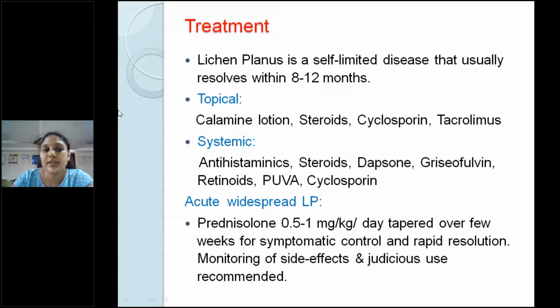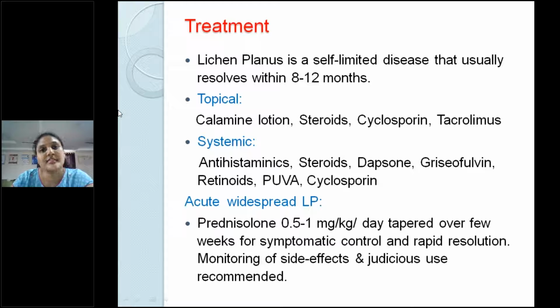And coming to the topical treatment. What can you do topically? One is calamine lotion, which can be very soothing, and topical steroids for the lesions. And topical tacrolimus is also a good option, especially in kids. In childhood lichen planus, tacrolimus is a better option than steroids because topical steroids can cause hyperpigmentation, atrophy, and things like that, which you won't see with tacrolimus. So for children, topical tacrolimus is a better option.